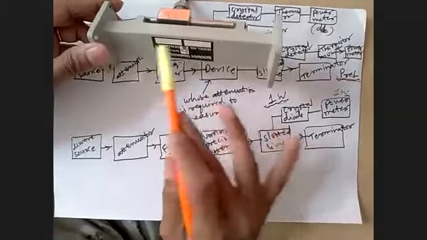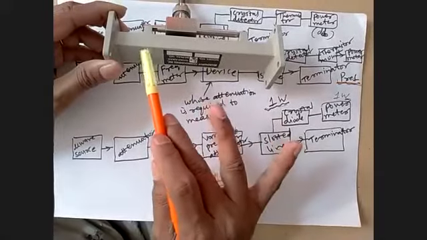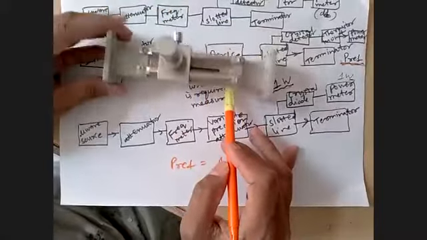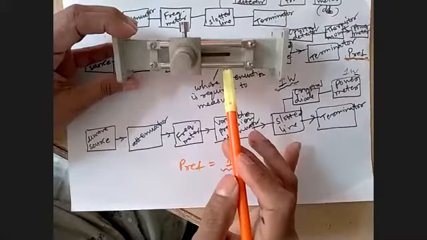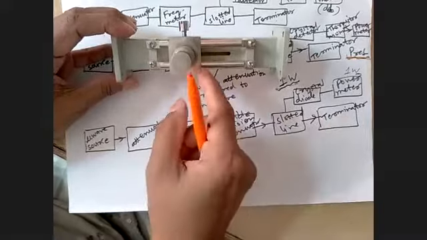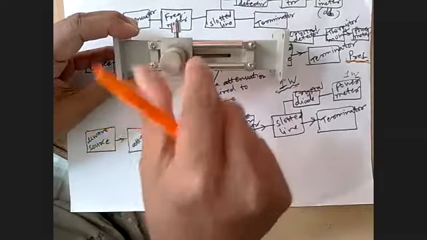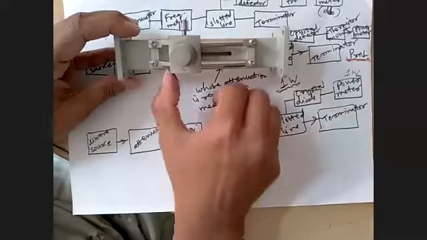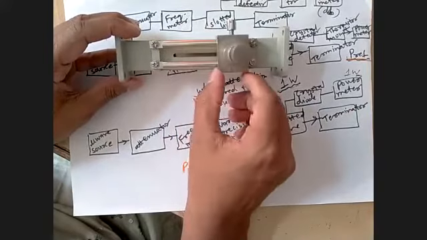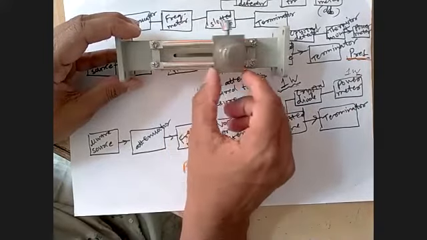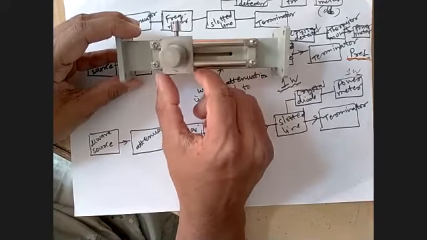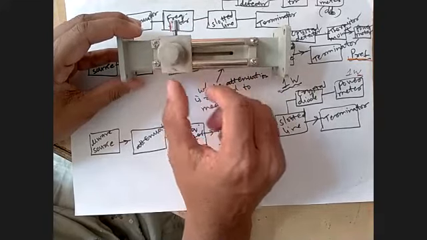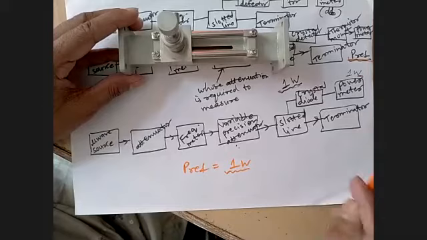On this wave guide, here on this side, a slot is cut. This is a slot, and on the slot a probe is inserted. Probe is inserted and it can be moved in upward and downward direction, and also it can move left hand side and right hand side. So with the help of this, the power can be coupled to the detector with the help of the slotted line, and the slotted line is used for all types of measurements at microwave frequencies.